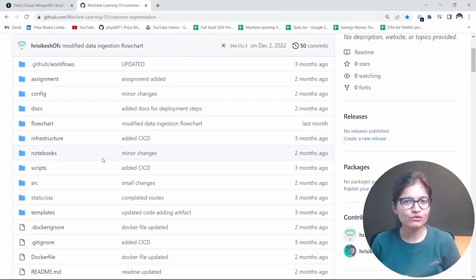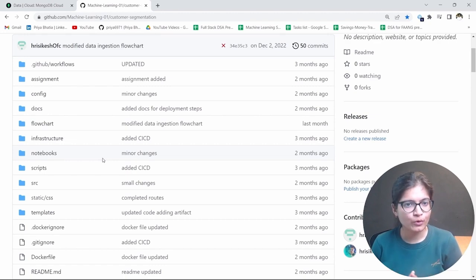So in this particular video, we will start our implementation part. And I know that you all are waiting for this particular video only. I hope that so far you are following the sequence of the videos given in the project part, and that you have an understanding of the problem statement and the approach that we're going to have in this project. With this, let's get started with today's video.